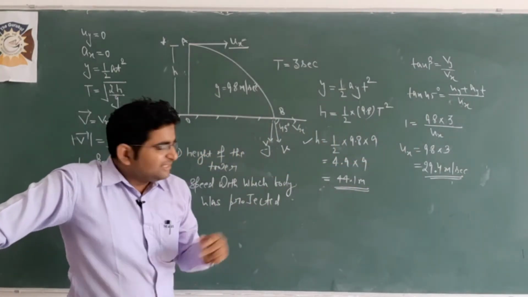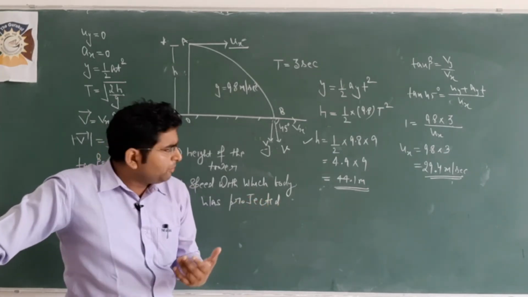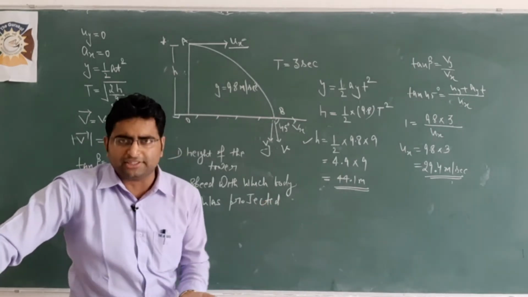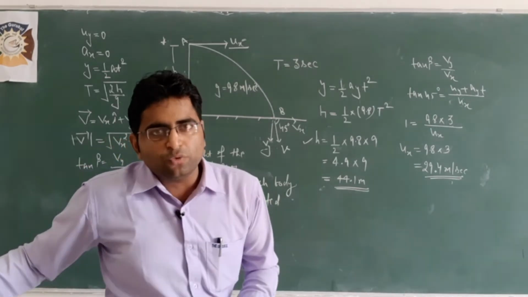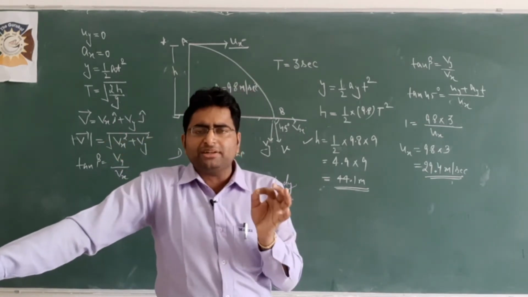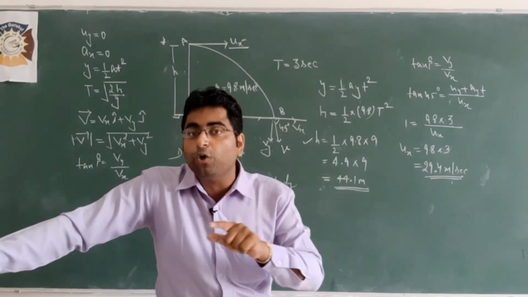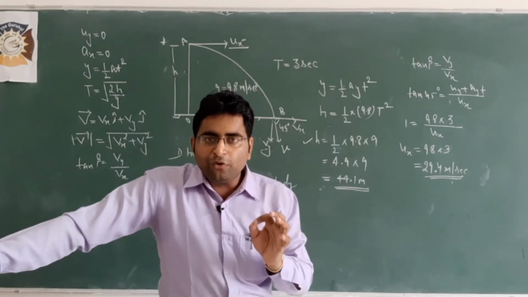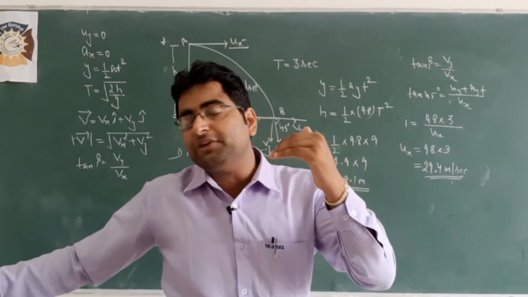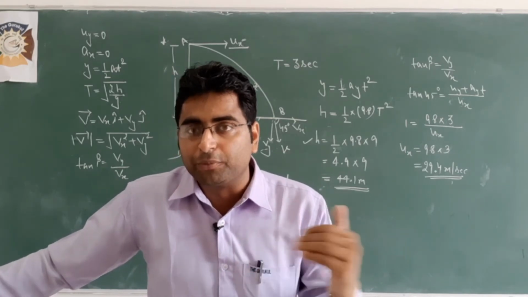Clear? So beta, these are the numericals which come a number of times in the exam, and they are of horizontal projectile. Now beta, I will come to the angular projectile. Angular projectile means whenever the object is thrown at an angle theta with the horizontal. Clear? So what I will do here, firstly I will write all the formulas which we have calculated in the case of angular projectile.